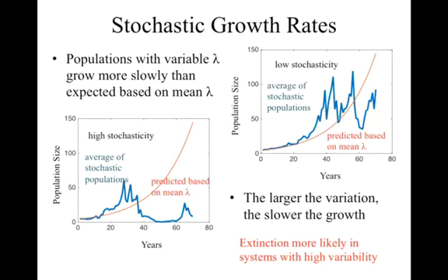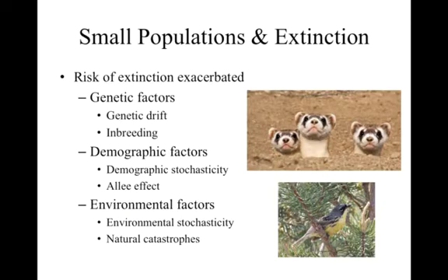So again, the larger the variation in your population growth rate, the slower the population grows and the more likely you are to have extinction, even if you have, on average, the same population growth rate when you average it across many years. All right. So that's why stochasticity can be a little bit damaging and likely to cause populations to